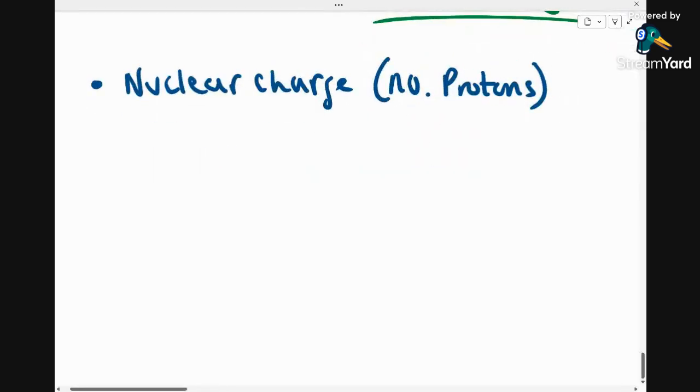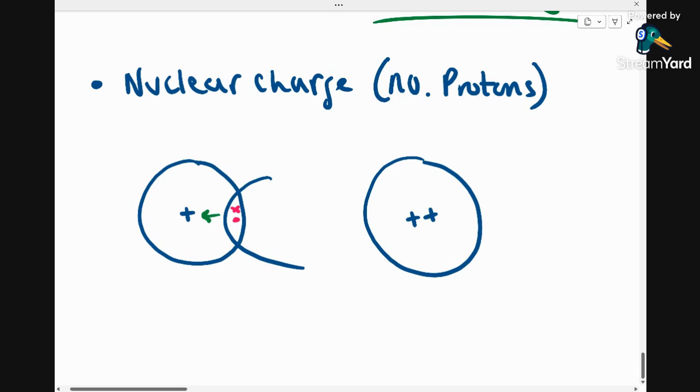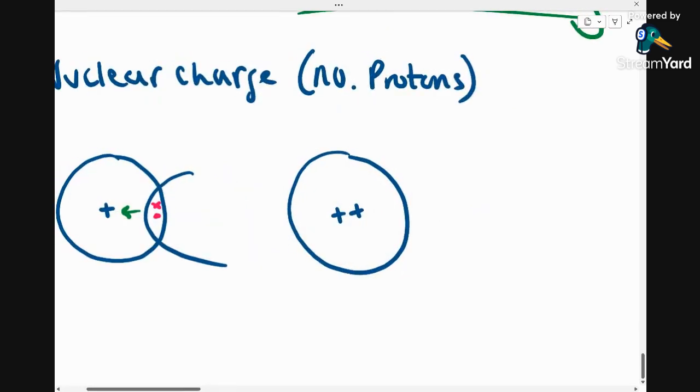So you can imagine that if you have an atom here with 1 proton, the attraction for electrons in pink here in a covalent bond is going to be reasonable. But if we added a proton, so if we go for another atom here where we actually have 2 protons in the nucleus, where we've increased the effective nuclear charge by 50%,